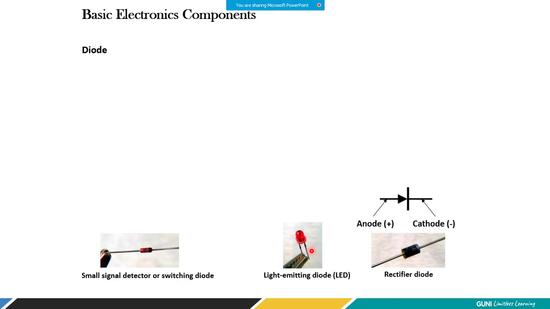So a diode has 2 terminals. One is the anode, you can think like this, and another one is the cathode. जो आपका big leg होगा, that's going to be positive, and the small leg is going to be the negative. So when you connect the LED into the circuit, you have to be very careful. If you make it ulta connection, believe me, that LED will not remain in the world, right?